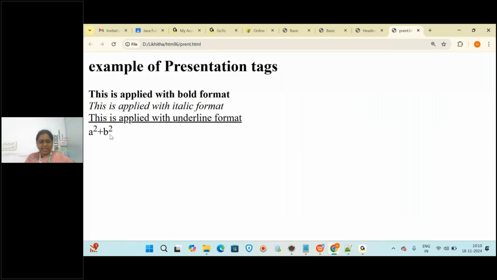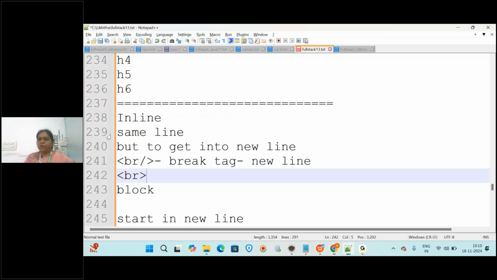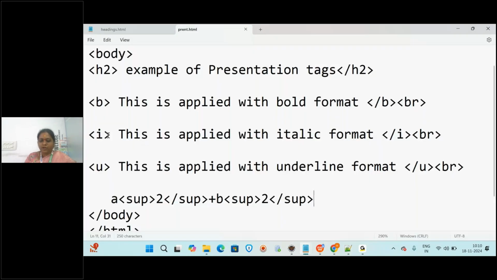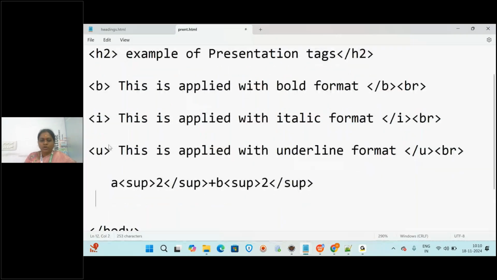Yes or no? Yes. Again, if you want to display, like in a chemical formula, something at the base, suppose you want H2O. So first we want H, and then 2 as what? Base.